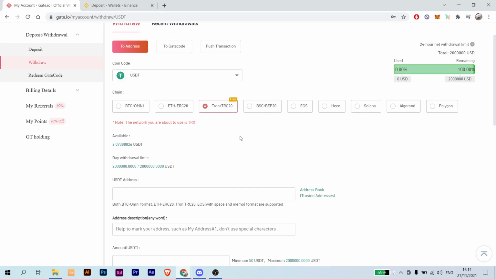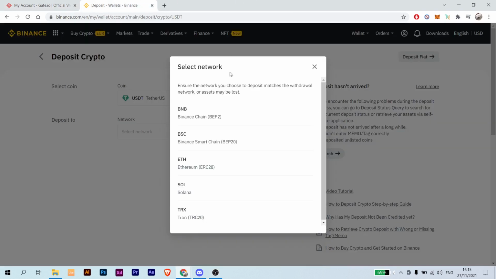But let's pretend that you'll be transferring another type of coin, and you might find some other network in here, for example XLM, which has lower gas fees than these other ones, and is also available on here. As I mentioned before, you always need to make sure that the network is selected on both platforms. So now select TRX,